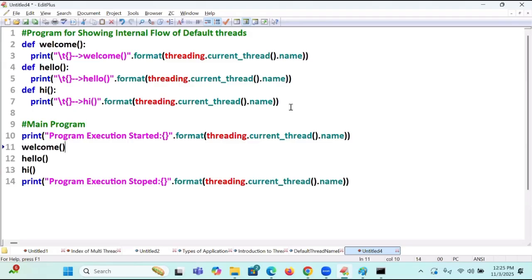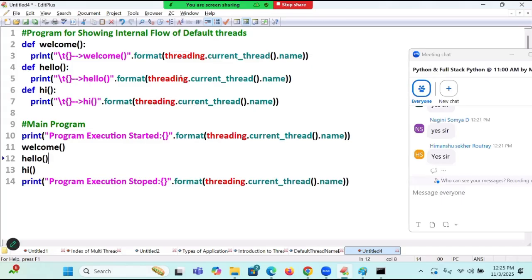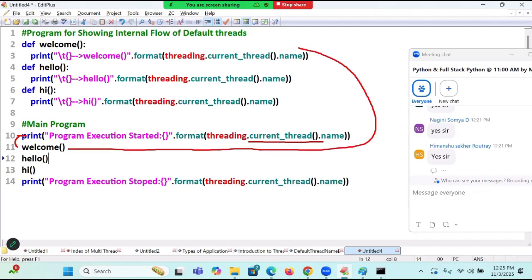What did you understand about that? Program execution starts from which line? Line number 10. It will start at the function level, if you remember. So it is printing which thread? Main thread. What is the next function? Welcome. Welcome means it will go to the welcome function, executing and printing the thread.